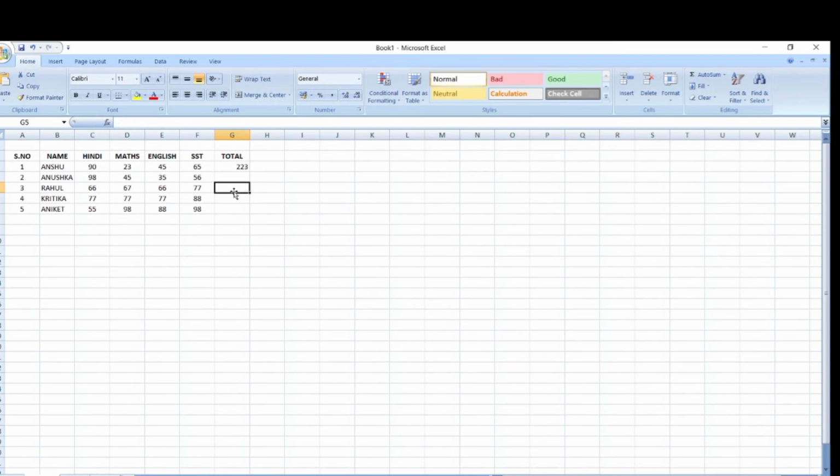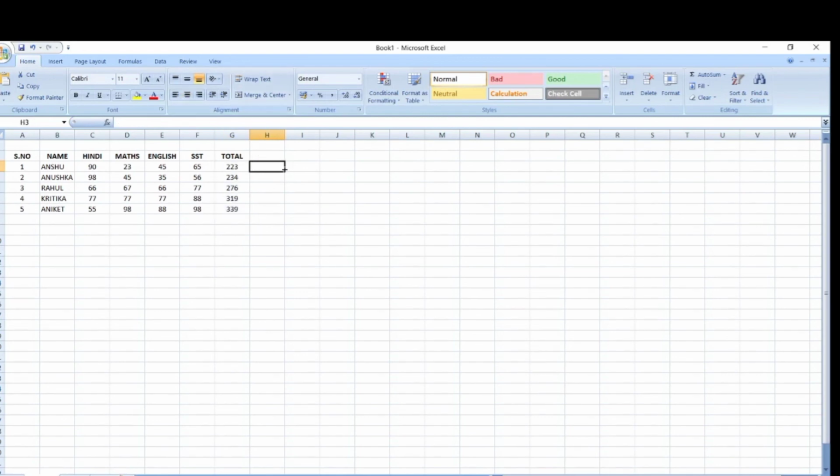Okay, so suppose I want to put the data in all the fields, then I just select this cell and drag it down. Here you have seen the sum of all the fields gets calculated automatically.